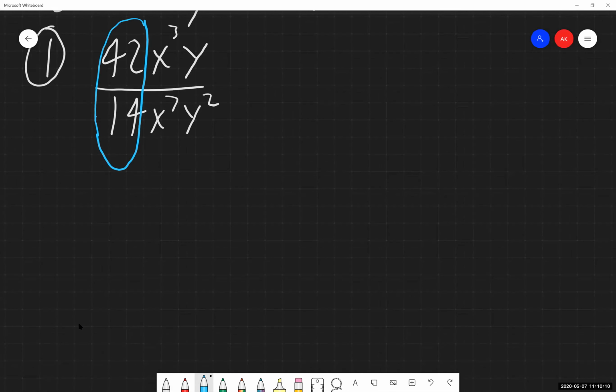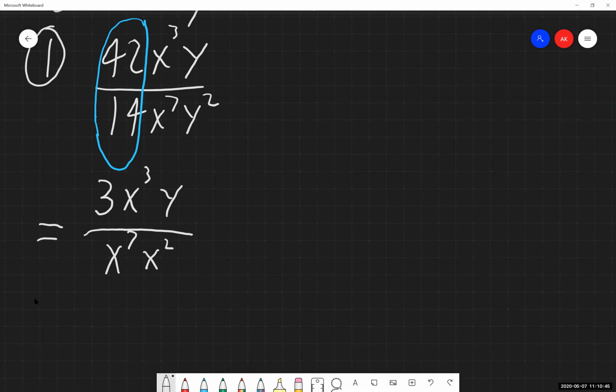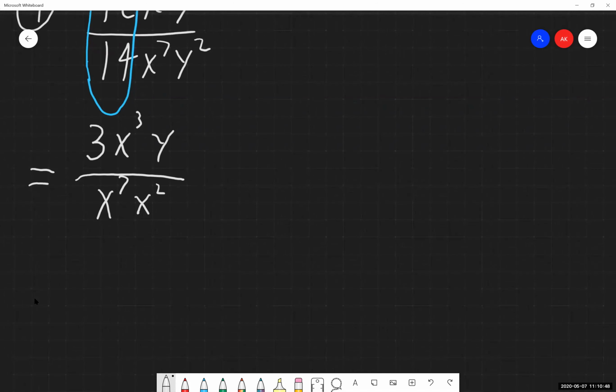We're saying, does 14 evenly divide into 42? So we can check with the calculator, 42 divided by 14. I'm just doing this off screen, but you can do that as well. So I get, just for the numbers, 42 divided by 14 is going to give me a positive 3. That's going to go in the numerator spot. So I'm going to just, in my first line of work, that's all I'm working with. And again, I'm going to show extra steps with this. As you guys get more comfortable with it, you'll get faster and not have to show all of these steps in here if necessary. So I have my numbers simplified.